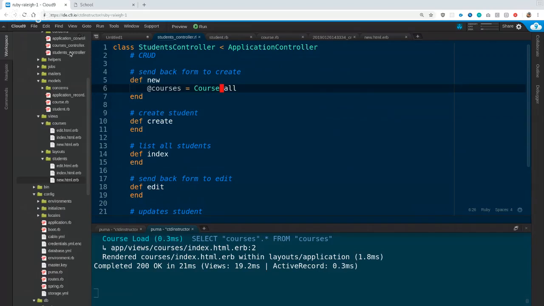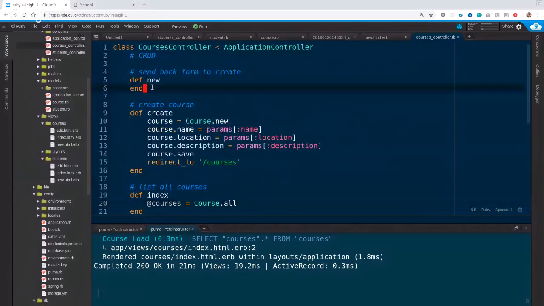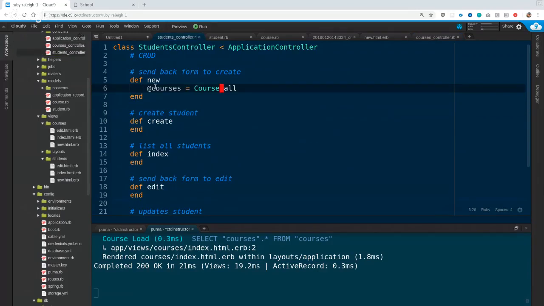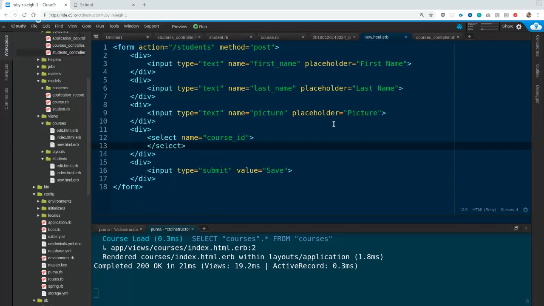So that's interesting, right? Because in our courses new action, we didn't really have to do anything there. But now in our students new action, now we're loading all the courses. That's some extra information that we need to generate our new form. Okay. So now I can do a loop here that iterates through all the courses and generates those options in the HTML. Here I'm going to do